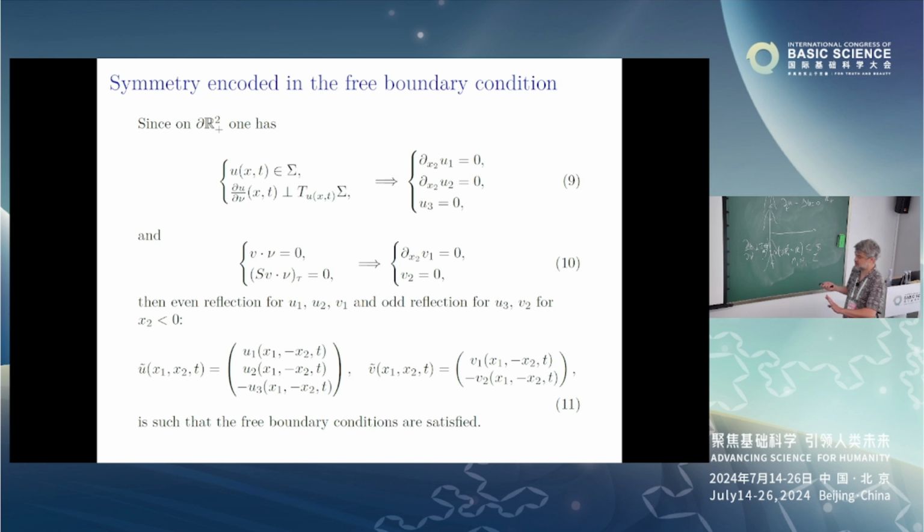Okay, let me skip that. The equation in particular has an additional symmetry, which is useful to derive the result that I will mention very quickly. Because of the way it's designed, it has some nice symmetries. But let me